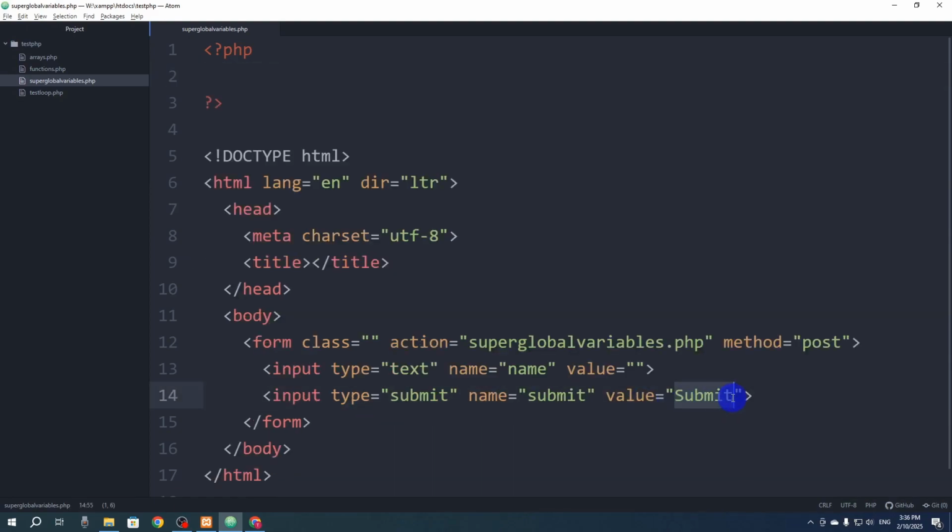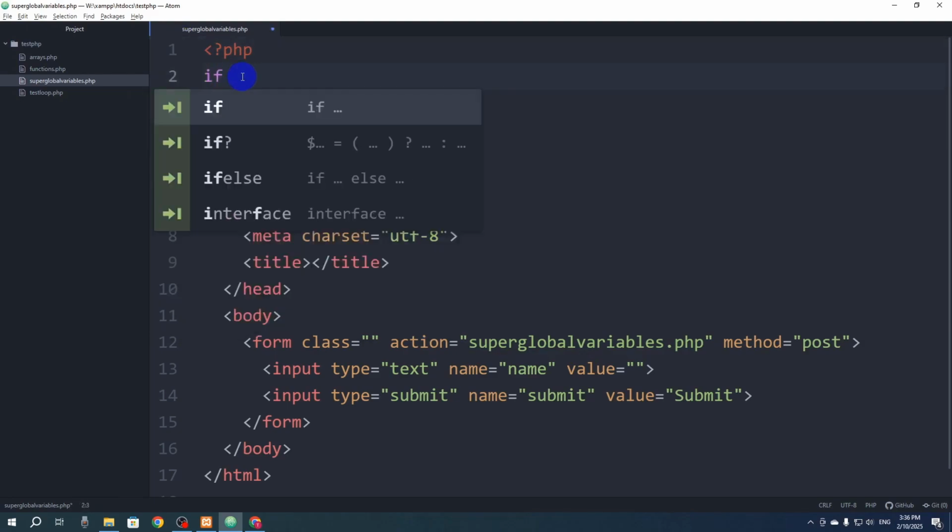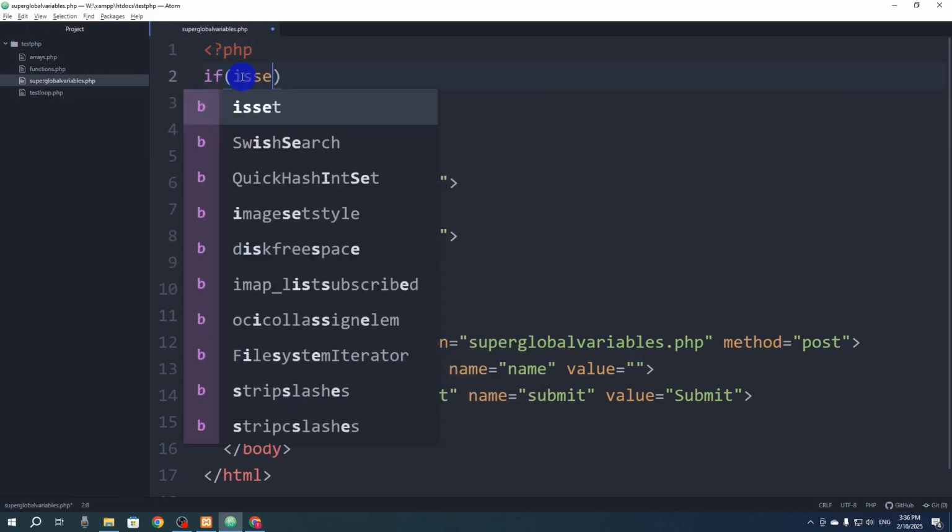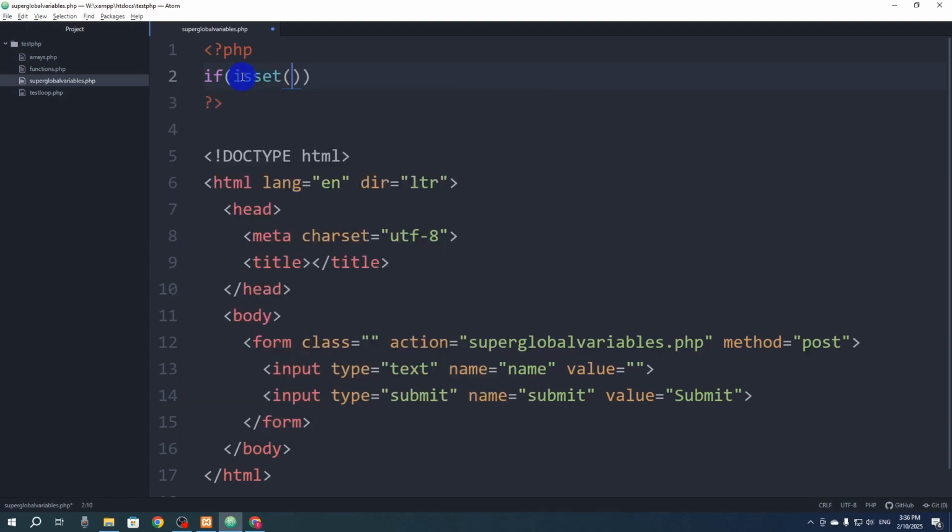Here you can see we have a submit button. So we said that when I click on submit, the action will be, I mean, it will be redirected to the same page. So here we will catch it through PHP syntax. So I have written PHP syntax here, and now I have to catch it. So I will say if isset, it's a function, isset. If isset the submit button, so name is submit, right? When I click on the submit button, so I will say here submit,